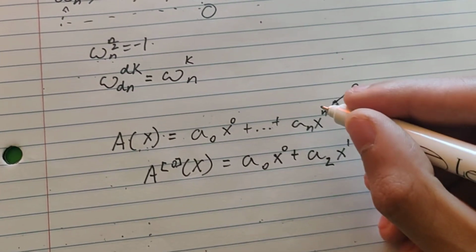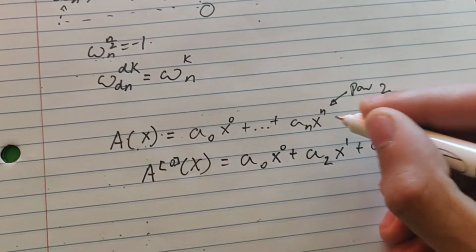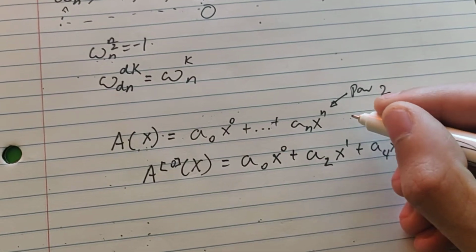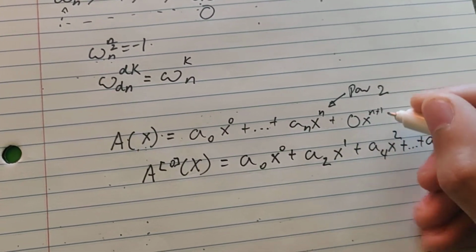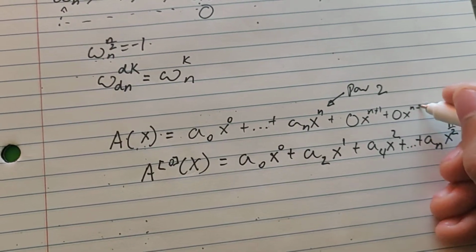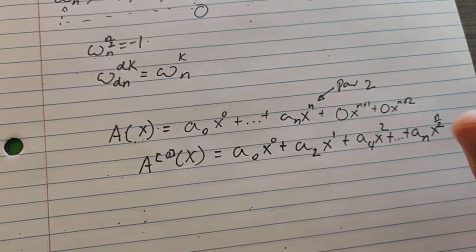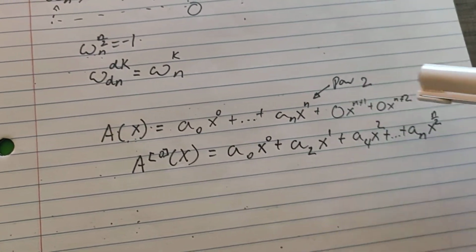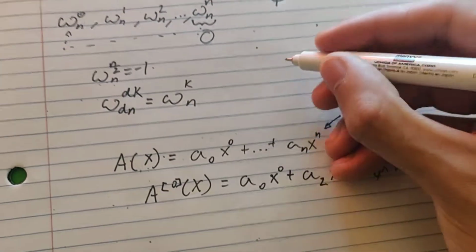And we can assure that this is always true because if your polynomial is less than the power of 2, you can just add a bunch of terms at the end that are just zeros. So it'd be like plus 0 x to the n plus 1, plus 0 x to the n plus 2. You can get away with that because it doesn't actually change the values of the polynomial. You'll actually also have to use this trick when you're multiplying polynomials, because